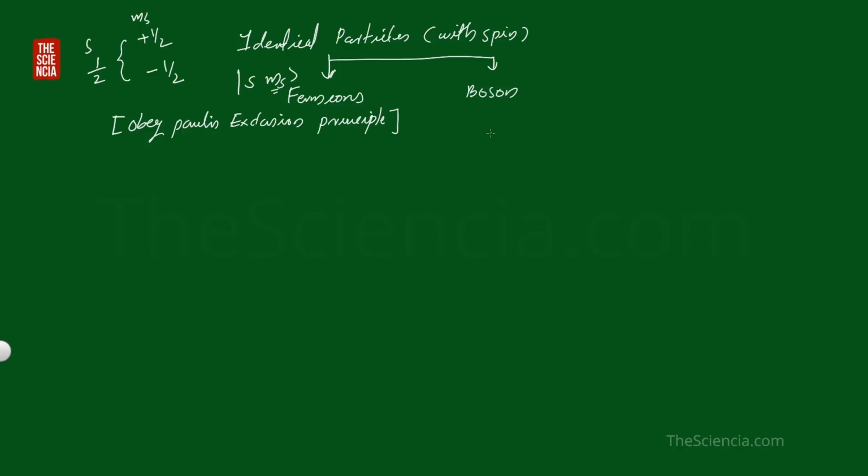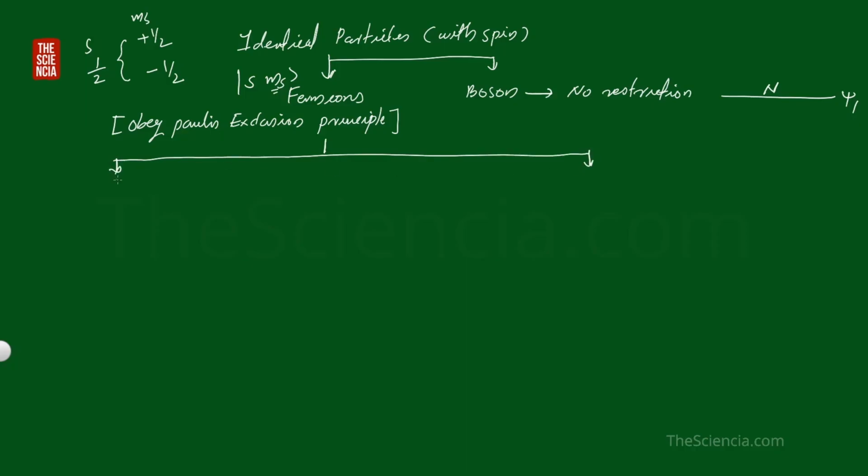Okay. So we cannot fill any number of fermions in a single state because of Pauli's exclusion principle. But for bosons, there is no restriction. In a single state itself, you can place n number of particles. There is no restriction. This is a single state, psi 1. So any number of bosons can be filled in that particular state. But here we see for fermions, we now